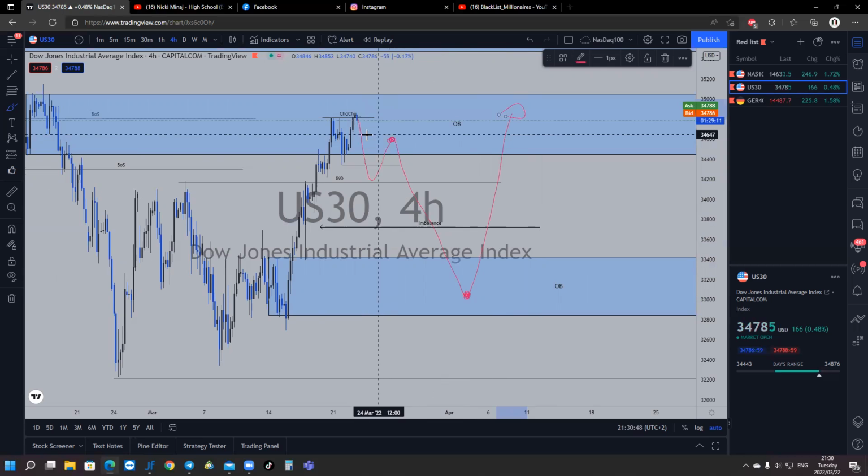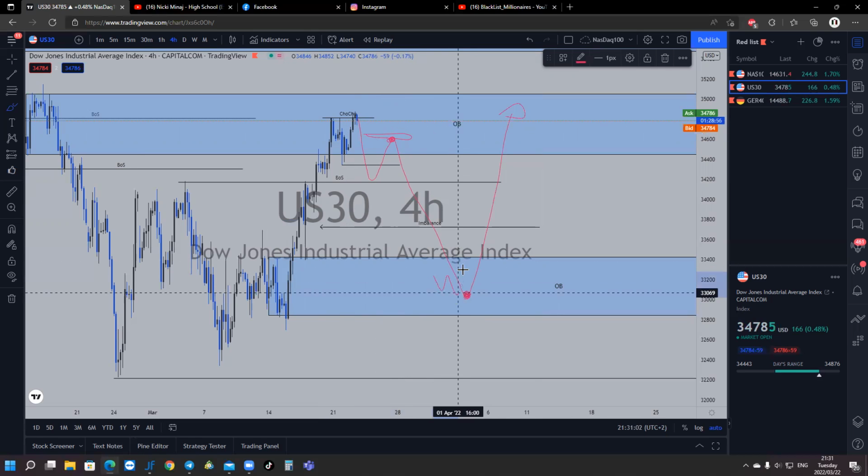So here is the order block that we will be taking the sell upon. And here we'll also have another structure which is similar, before we take the buy opportunity, something like this. It will break this area here, come back and retest the order block here, and will probably fill in